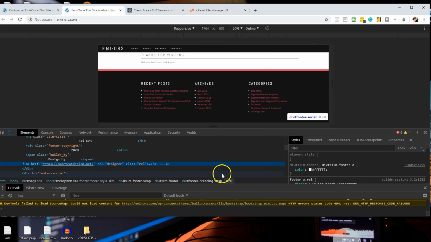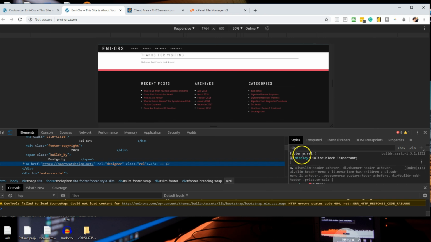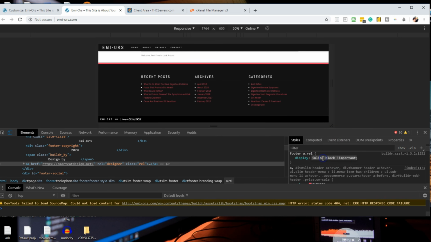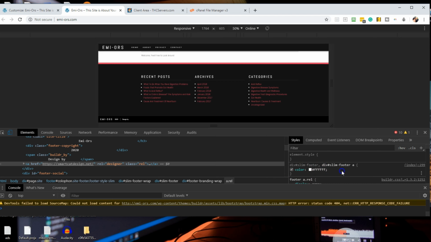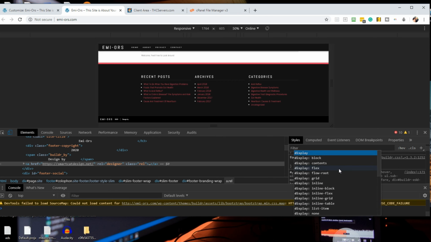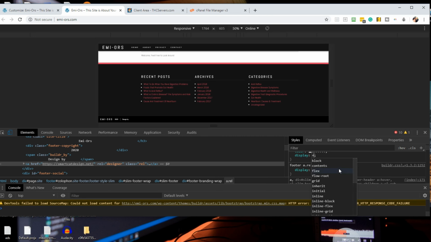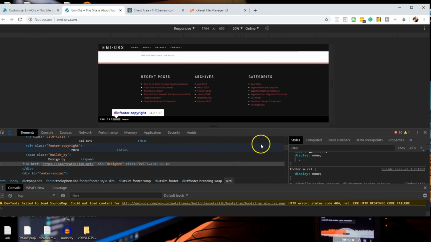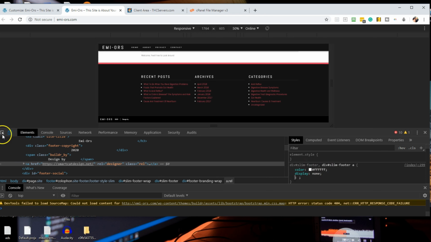So we have this div slim footer and then footer rel. So you could grab this, and you see how it says display inline block important. Well, if we change this to display none, that'll get rid of the smart cat. And then if we add the same thing here, display none, we should get rid of, hang on,